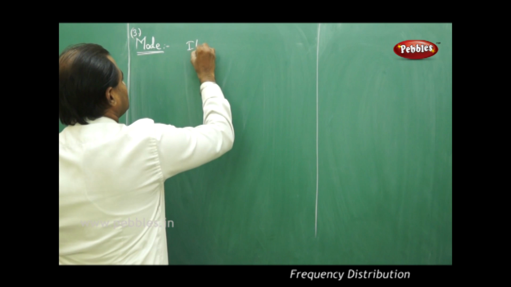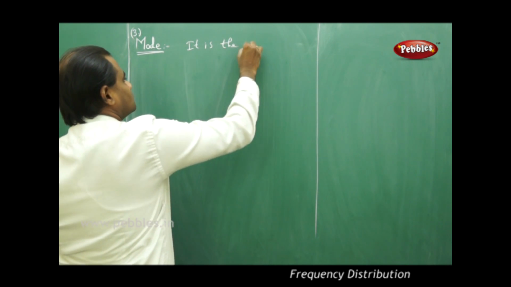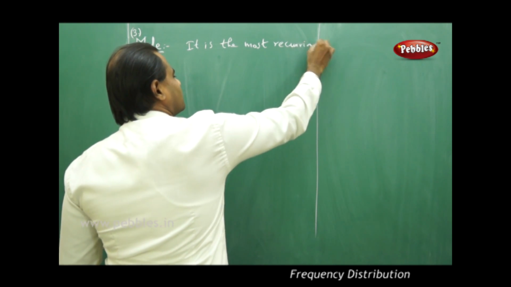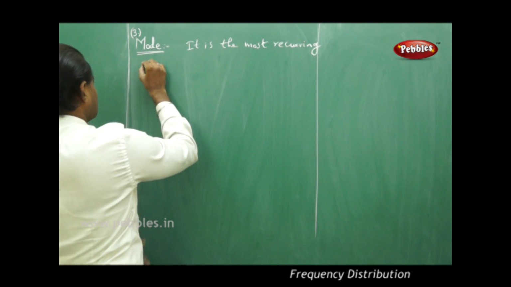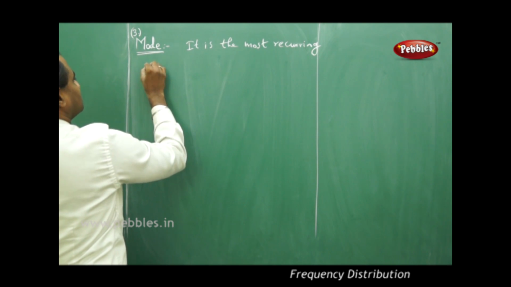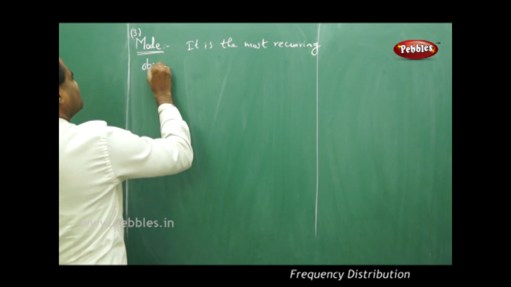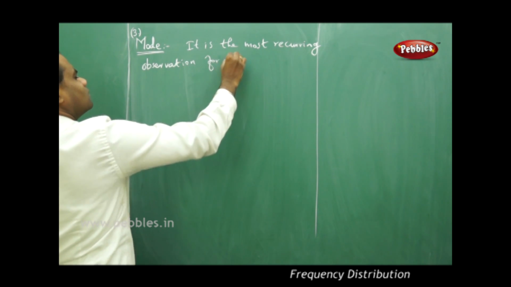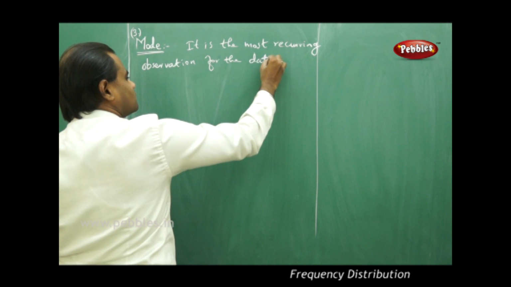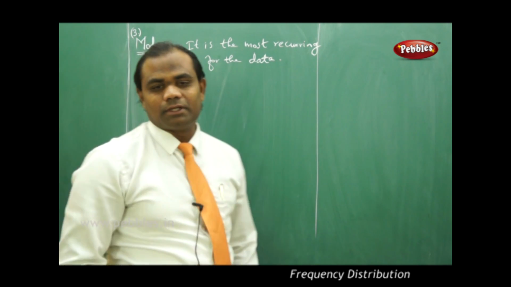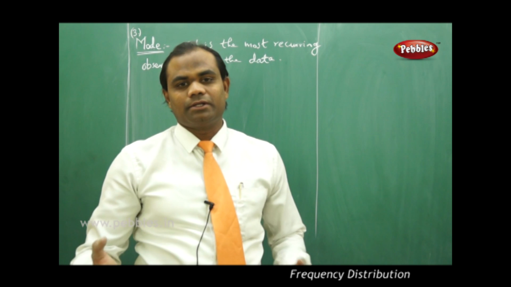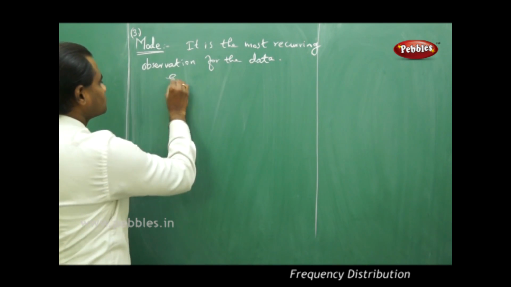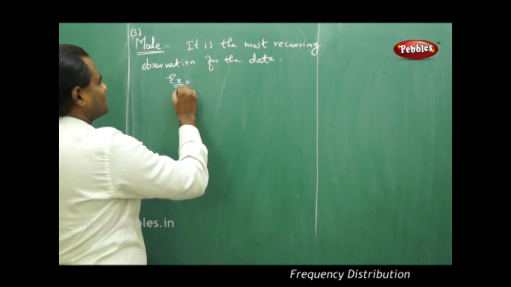Mode is the most recurring observation for the data. So whichever observation is most recurring is said to be the mode. Say for example, I have